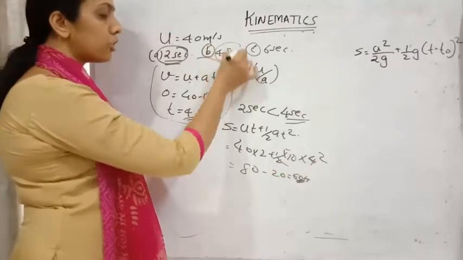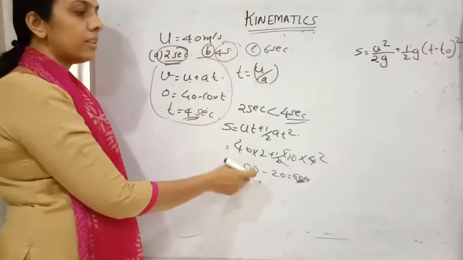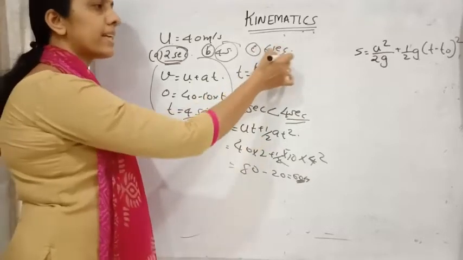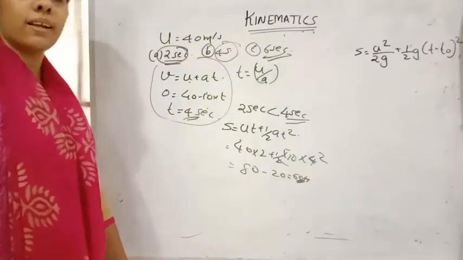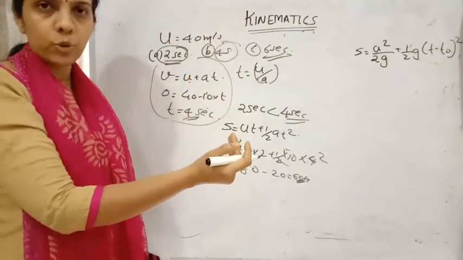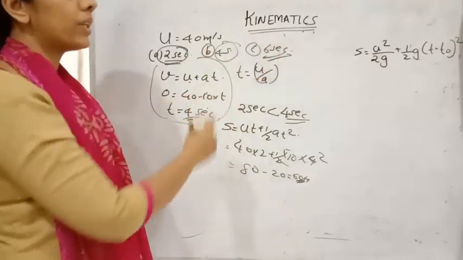But when it is coming to 4 seconds, it is reaching the maximum height. The same way you can apply the formula and find out the distance covered. But for 6 seconds, which formula should you consider? After reaching the maximum point, it is traveling for 2 more seconds, it is traveling extra, right?